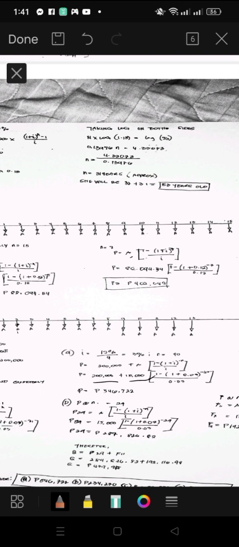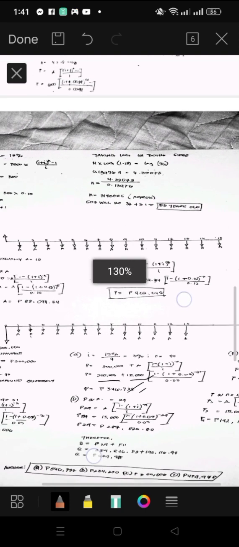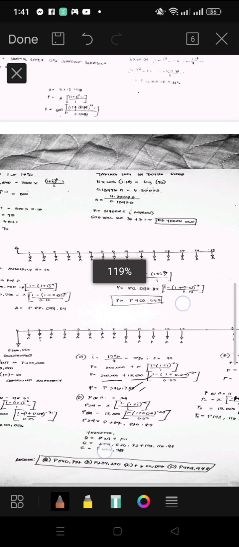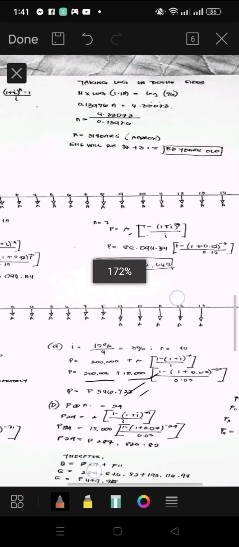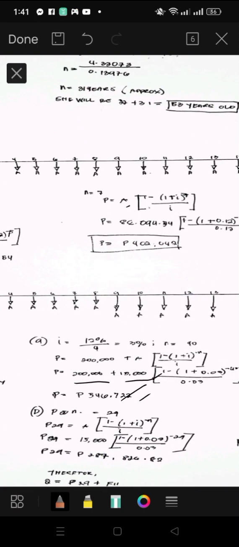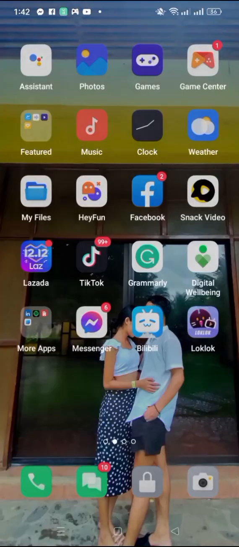So the answer, the cash price of the lot, is 546,722. So that is the cash price of the lot. And then the next question is